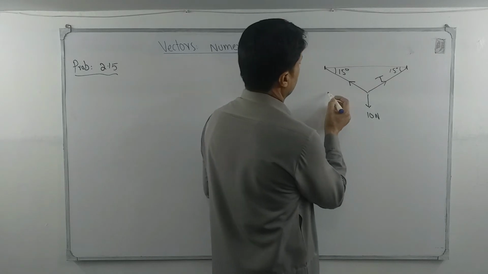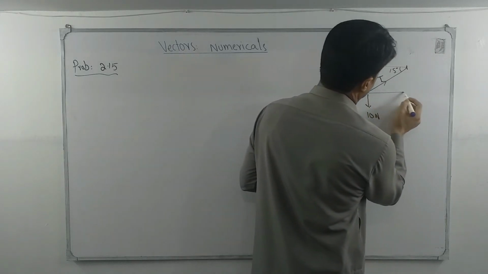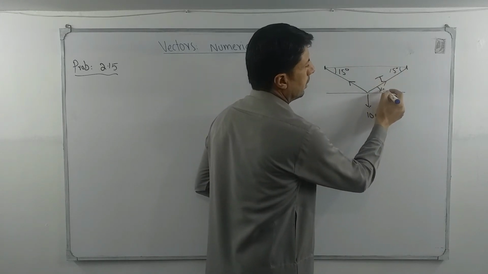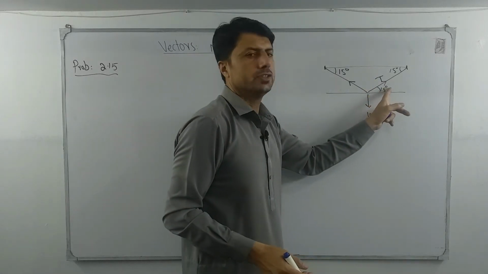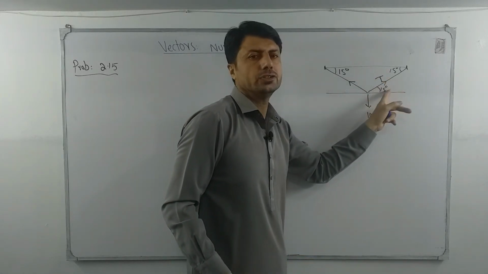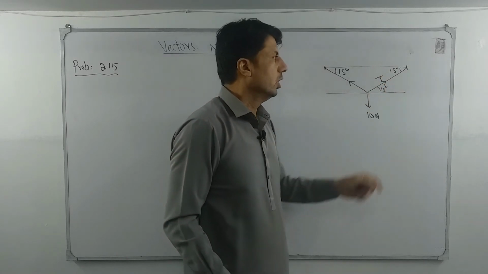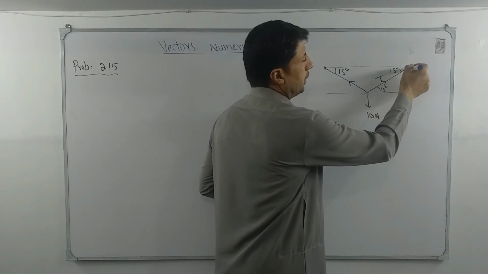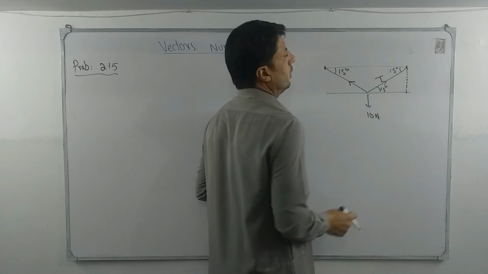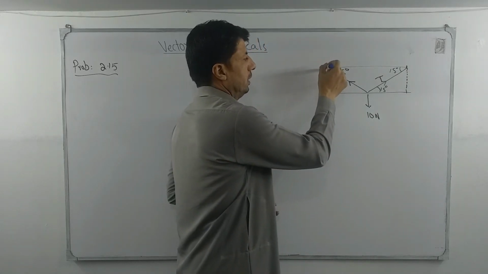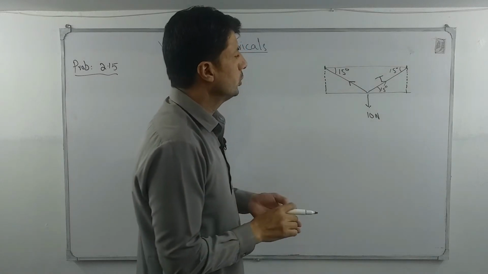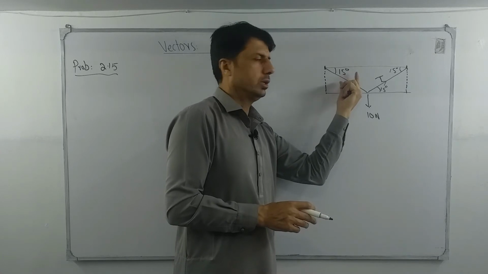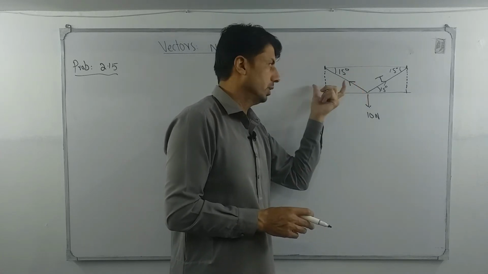For example, we will produce a new line here. This is 15 degrees, so we can make a 15 degree angle here. This 15 degrees is also equal to this 15 degrees because these are alternate angles, and alternate angles are always equal. So when we resolve this tension into its components and drop a perpendicular on the horizontal line, what will happen? Similarly here, we are going to find the two components of this tension, and at the same time the two components of this tension also.